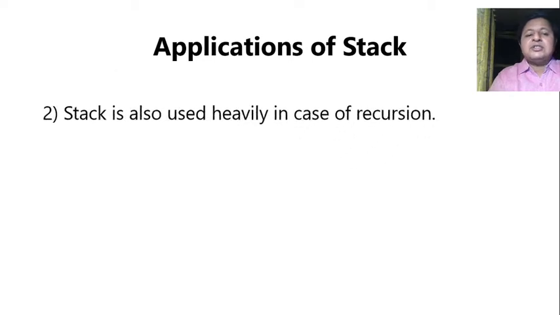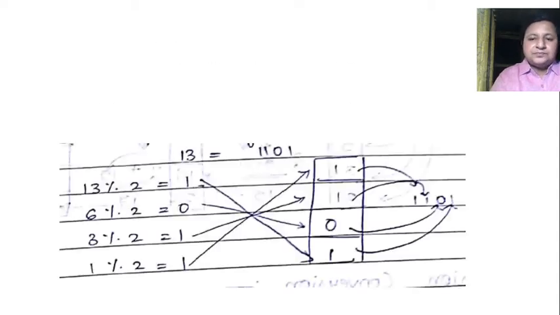The second one is obviously that stack is also used heavily in case of recursion. You would see a somewhat similar kind of diagram, which I have not drawn here, because you can very well make use of a recursion tree. As we had main calling f1, f1 calling f2, in recursion the function is going to call itself. If you look at the factorial function, fact4 calls fact3, then fact4 is going on the stack, and so on. So a similar diagram could also be drawn here. It is quite the same, but we wanted to highlight recursion, so we have written this as a separate application, that stack is also used heavily in case of recursion.